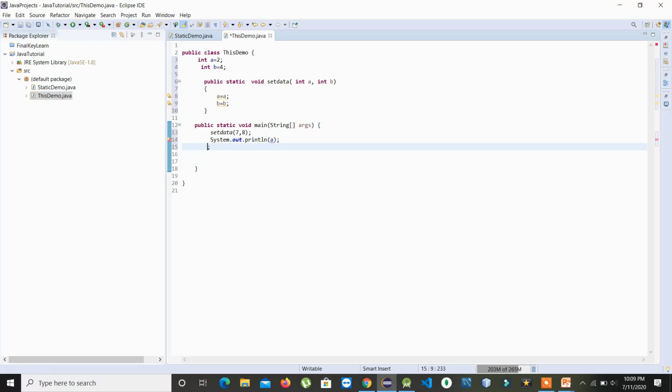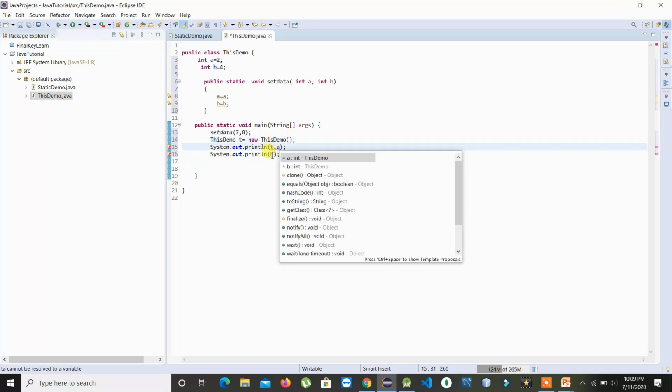This is not the way we can do it. So what I'll do is I'll take the object, and I'll refer to them.